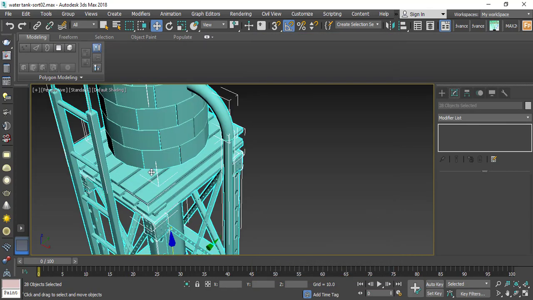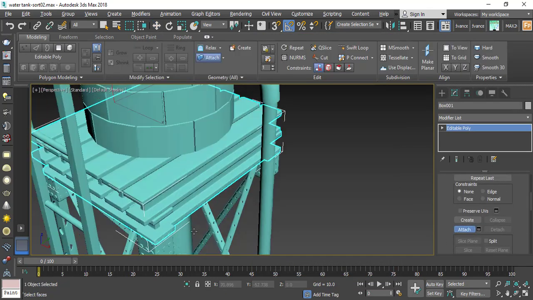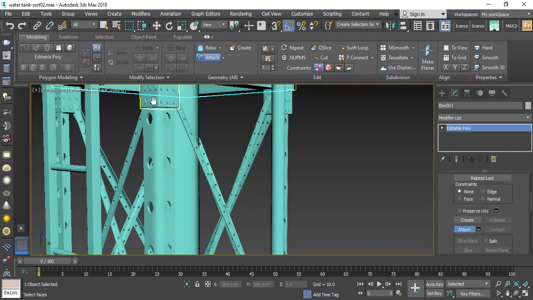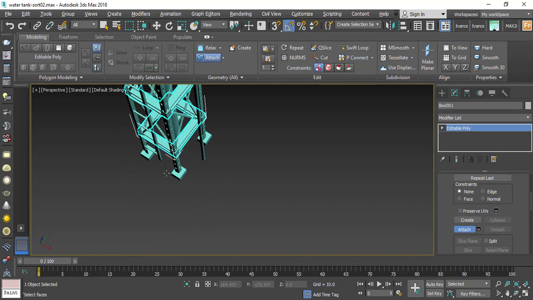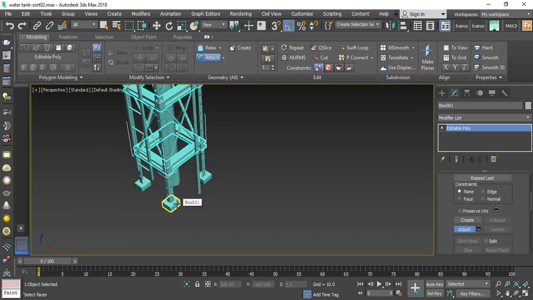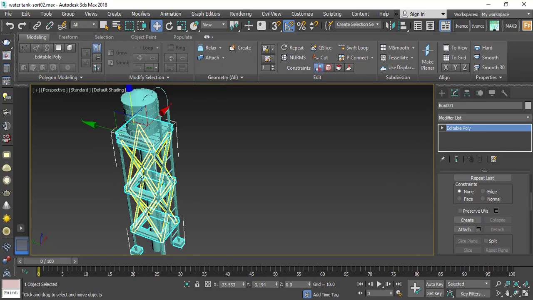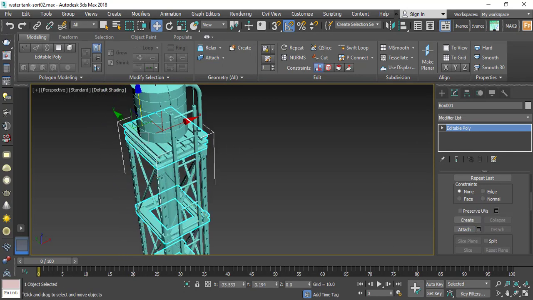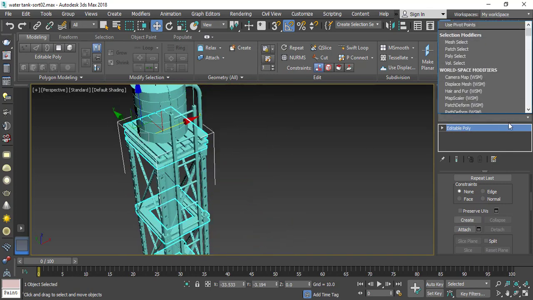Alright. Okay, let's select and attach all the girders here. I think here, let's attach it to that and that. And maybe these ones. Alright, good. And I will give them the material ID of 1